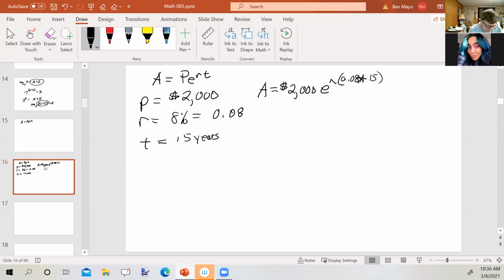So I'm going to put in 2,000, and then e to the x. So I've got 2,000 e, and that's what's showing up in my calculator. 0.08 times 15, close it up, equals, and I get